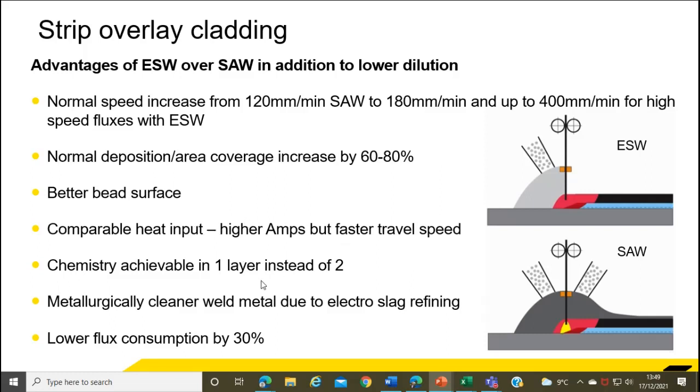If you've got less dilution, then it's possible to get the chemistry that you're looking for in a single layer instead of having to put 2 or more on top. Because of the electroslag heating, electroslag refining, basically the metal is refined by being melted through the molten flux. And one big thing: if you're doing something where you need 100 tons of filler metal of overlay, the flux consumption of electroslag welding is at least 30% lower. It doesn't matter if you're only buying 20 kilos, but if you're buying 100 tons,